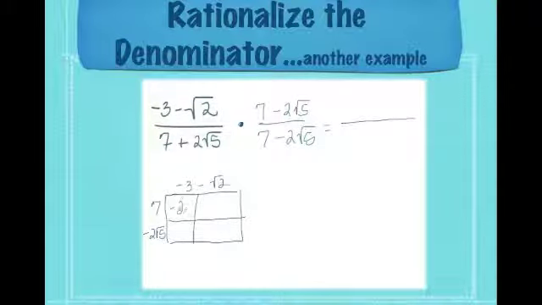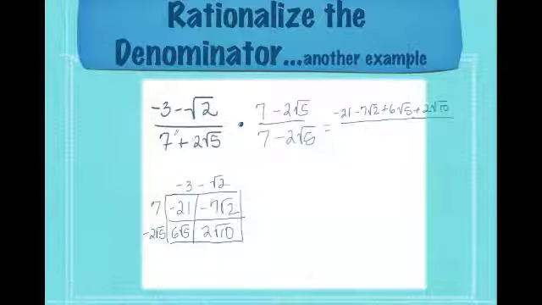I get negative 21 here, negative 7 square root 2, 6 square root 5, and 2 square root 10. So I'm going to have a rather lengthy numerator. So I have negative 21 minus 7 square root 2 plus 6 square root 5 plus 2 square root 10